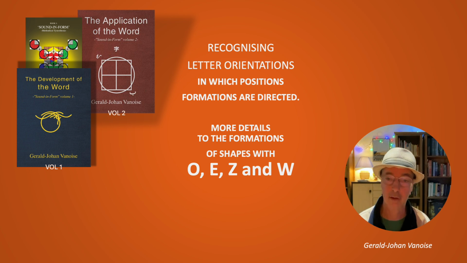That was a first introduction, but it could go into much more detail considering what I could say about letters like O, E, Z and W, and therefore I will go a little bit more into detail what kind of forms at these positions